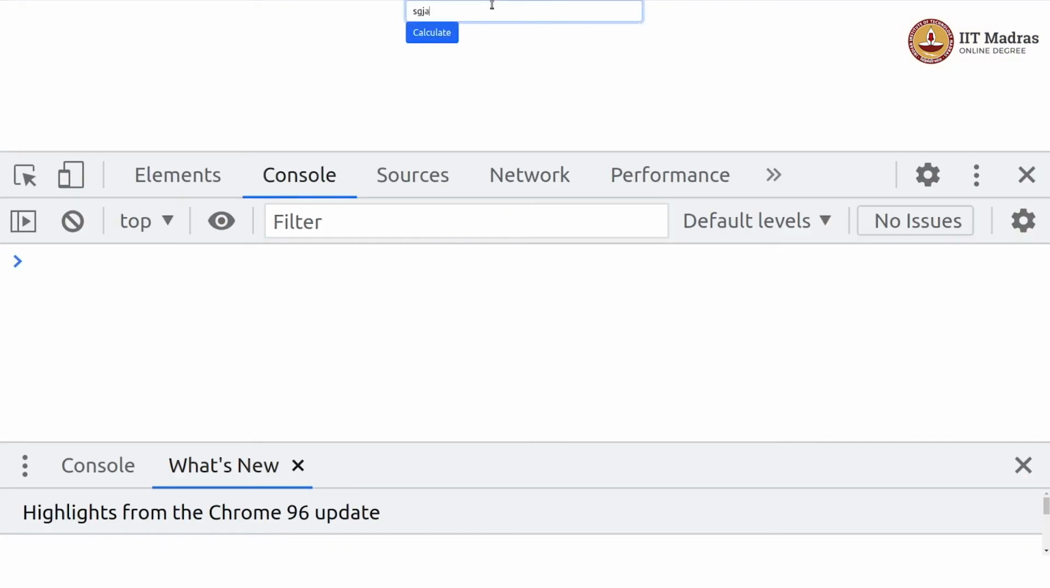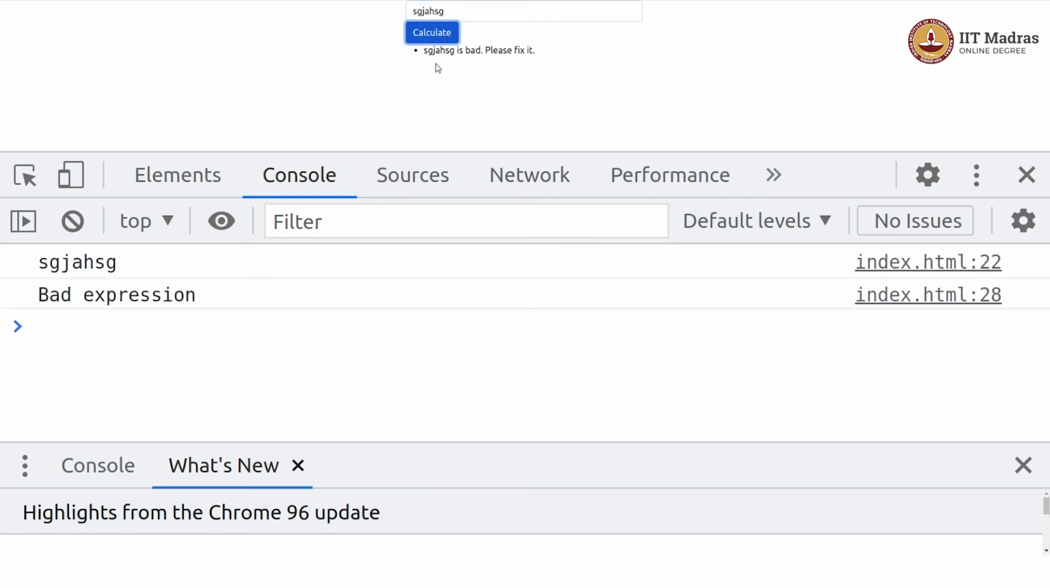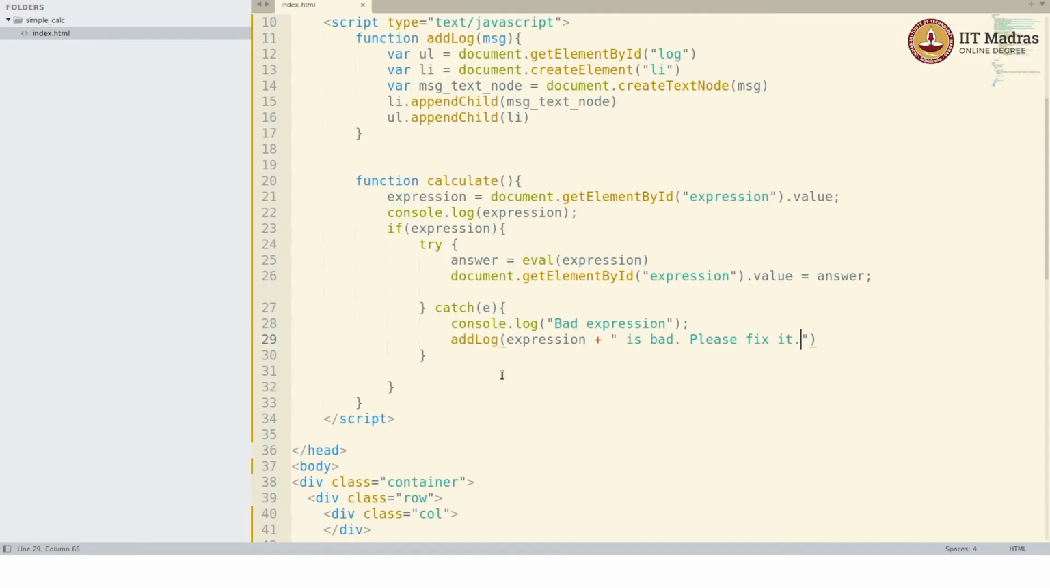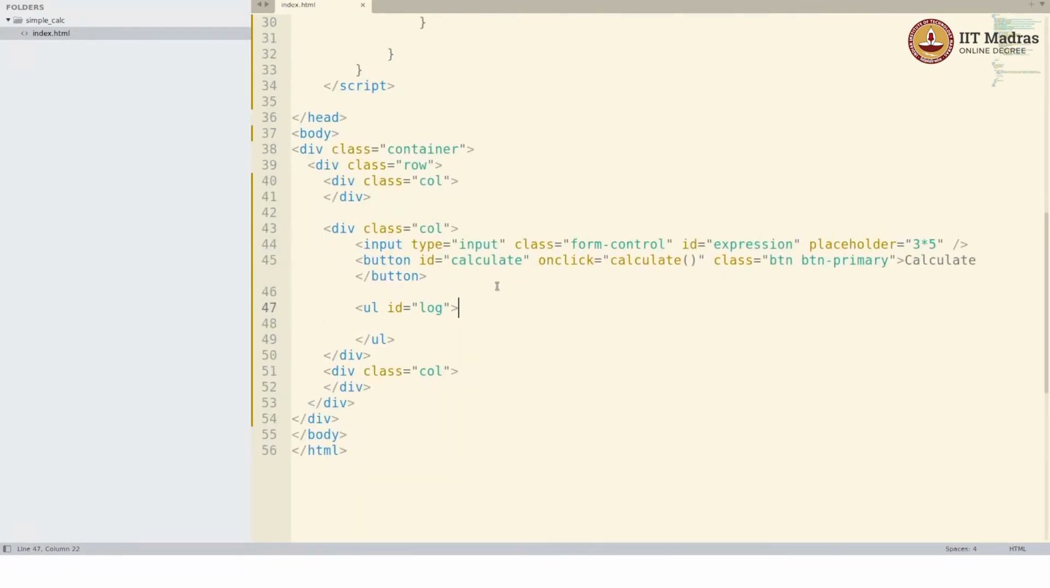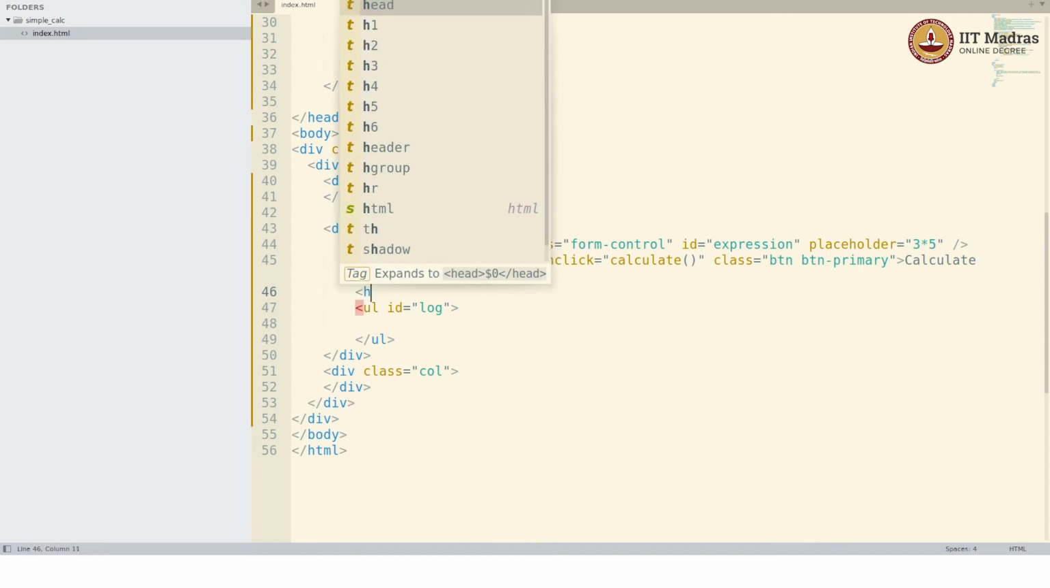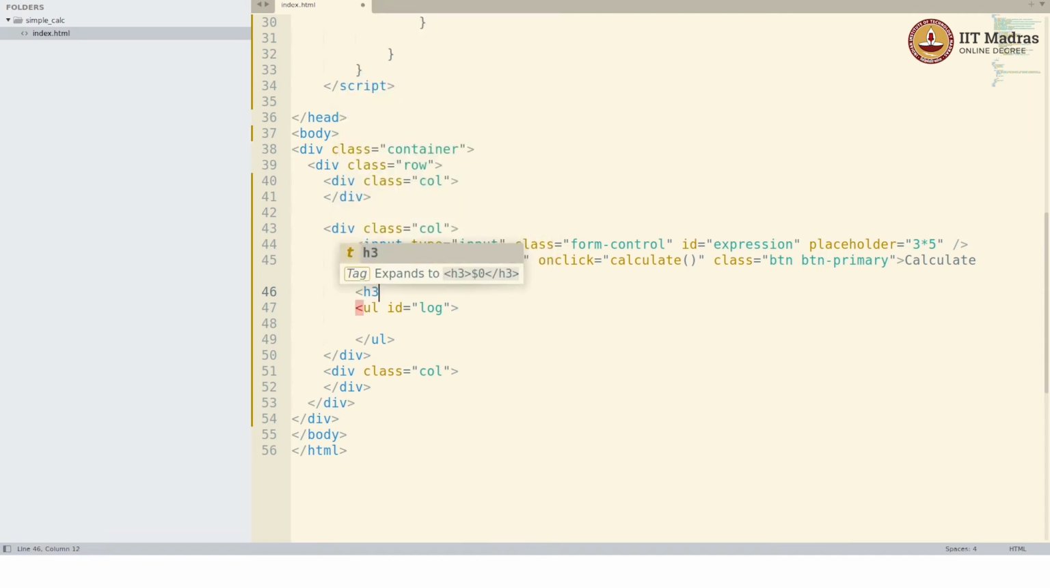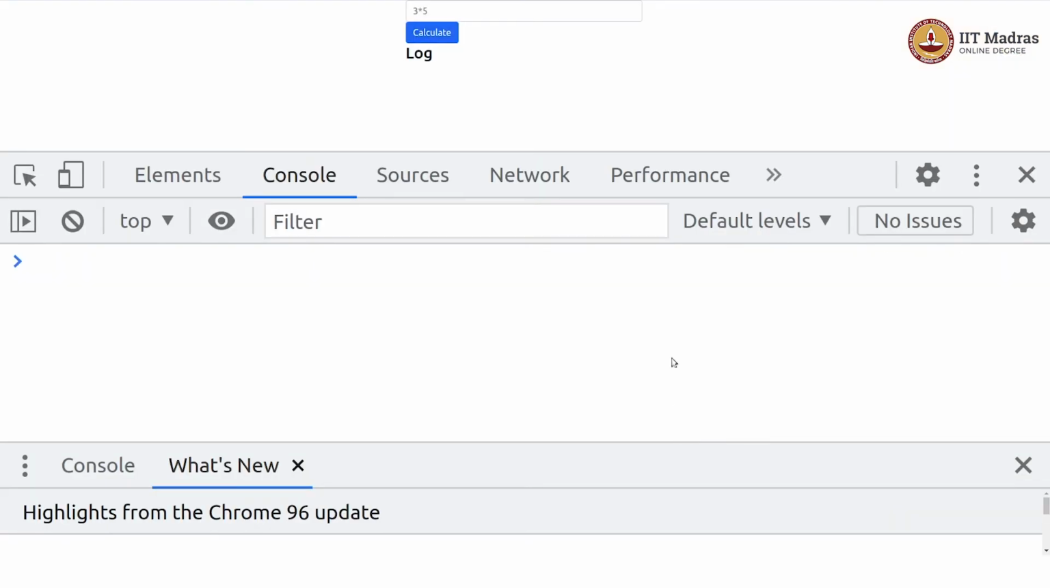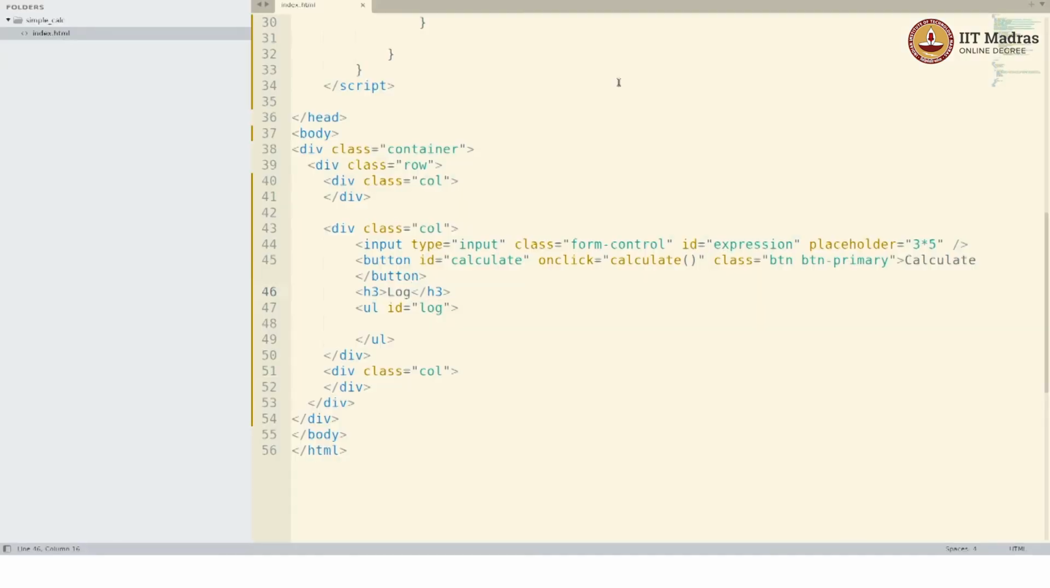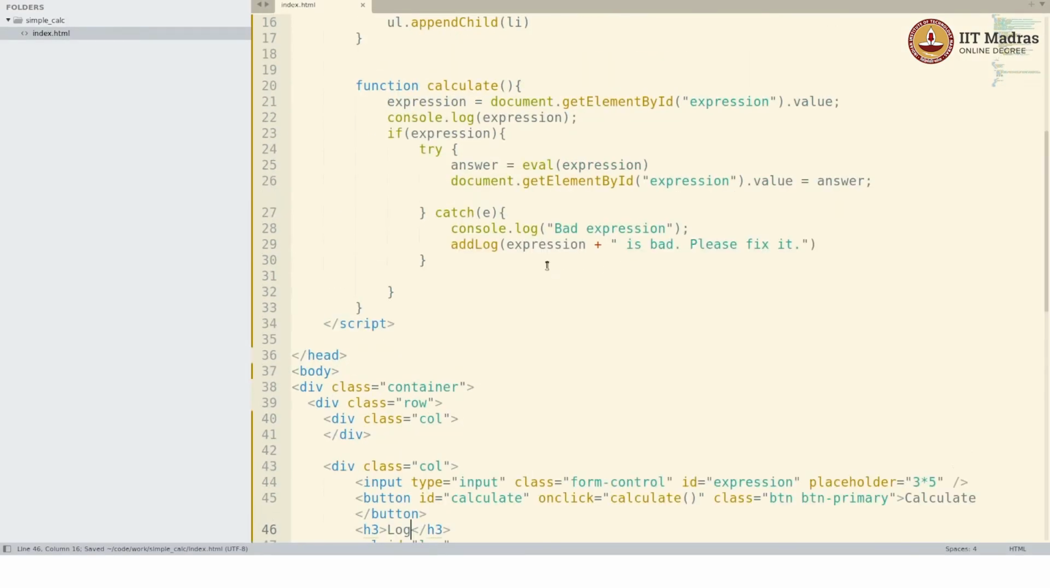Okay, I'm going to enter some random thing, click on it, and it shows the message X is bad, please fix it. I just want it to be a little more significant, so I'll add an H or maybe H3 saying log. Right, so let's say this, okay, is bad, please fix it. So when it gets evaluated I also want to add a similar thing here. Then I'll say addLog